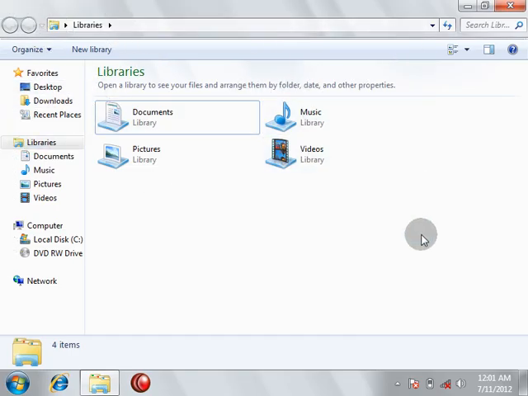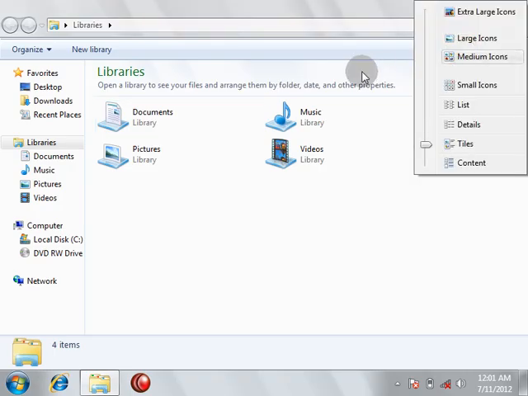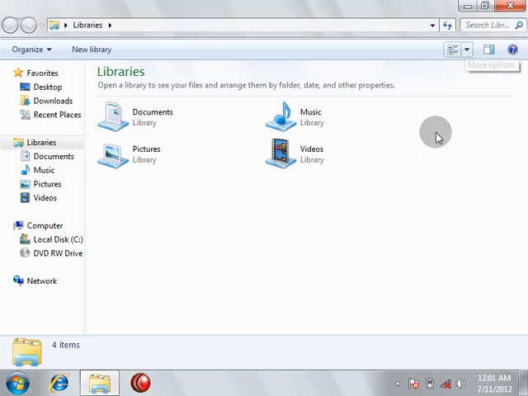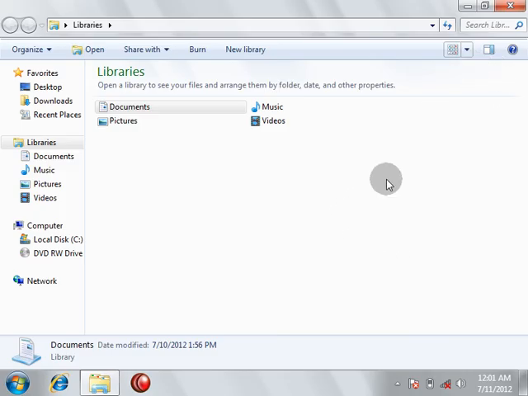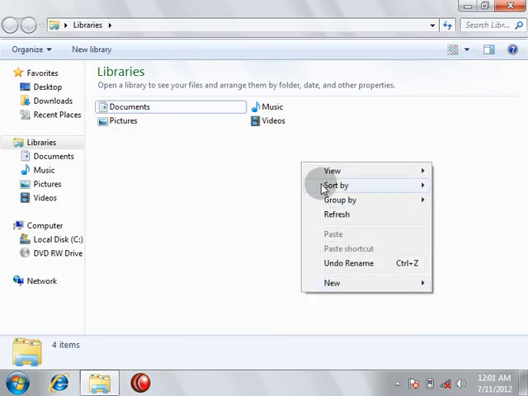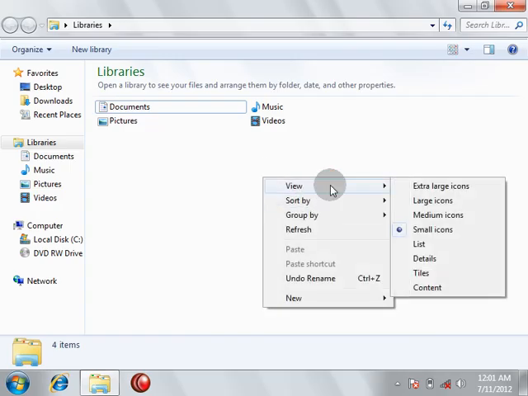Now for what we can see here, this is used to change how you view items on the particular Explorer layout. This is the layout of Explorer. What you are really working on is within here. So now how do you want to view them? You want to view them in different options. You can view them as large icons. You can reduce them smaller. You can see. So also you can still right click on an empty space in the layout and click on